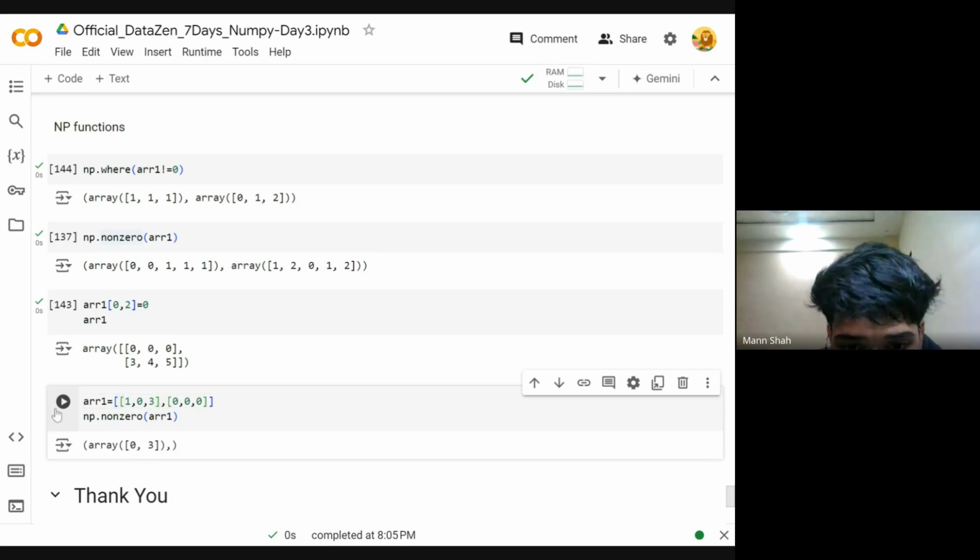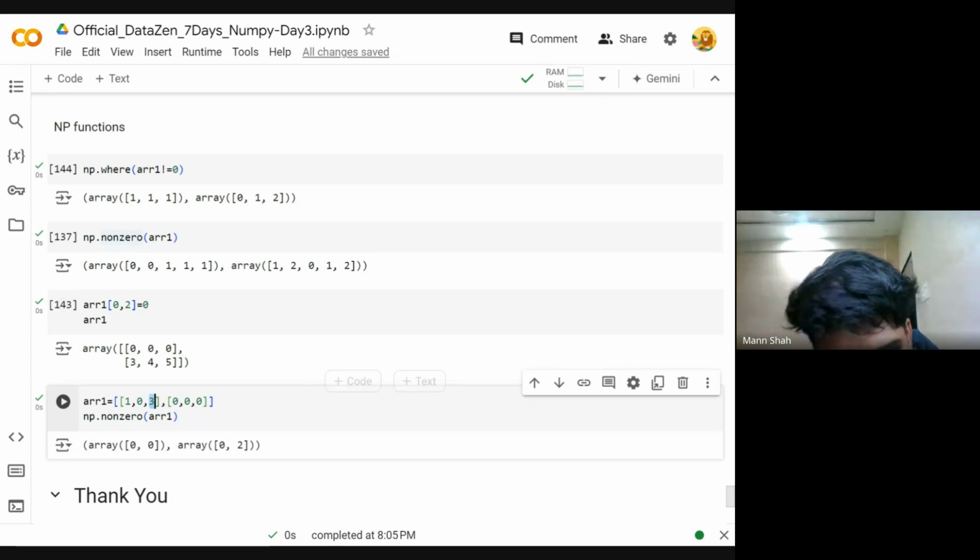इसको मैं एक 2D एरे बना के रन करूँ तो 0,0 और 0,2, ये 0,1 वाला इंडेक्स है और 0,2 वाला इंडेक्स है, इन दोनों इंडेक्स पे हमें नॉन जीरो वाली वैल्यू मिलती है। ओके, अगर आपको समझ गया हो तो।